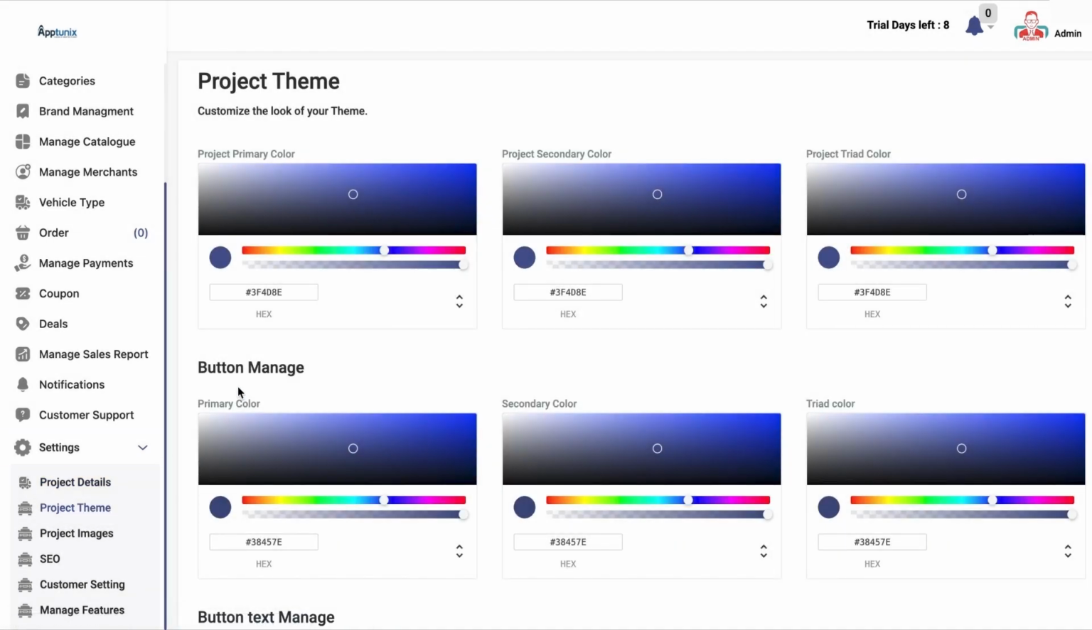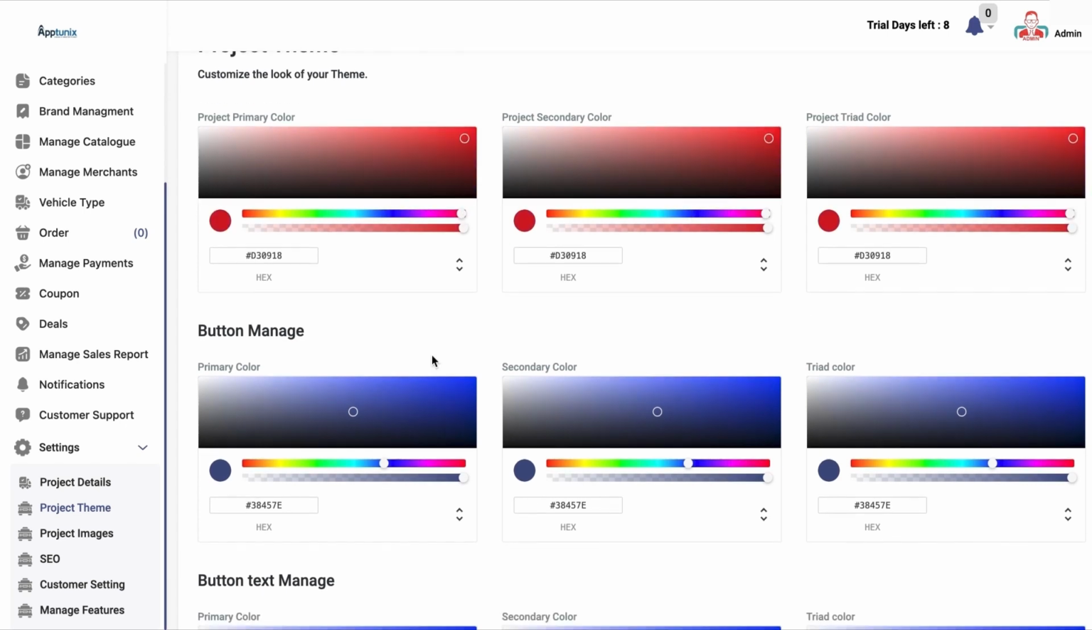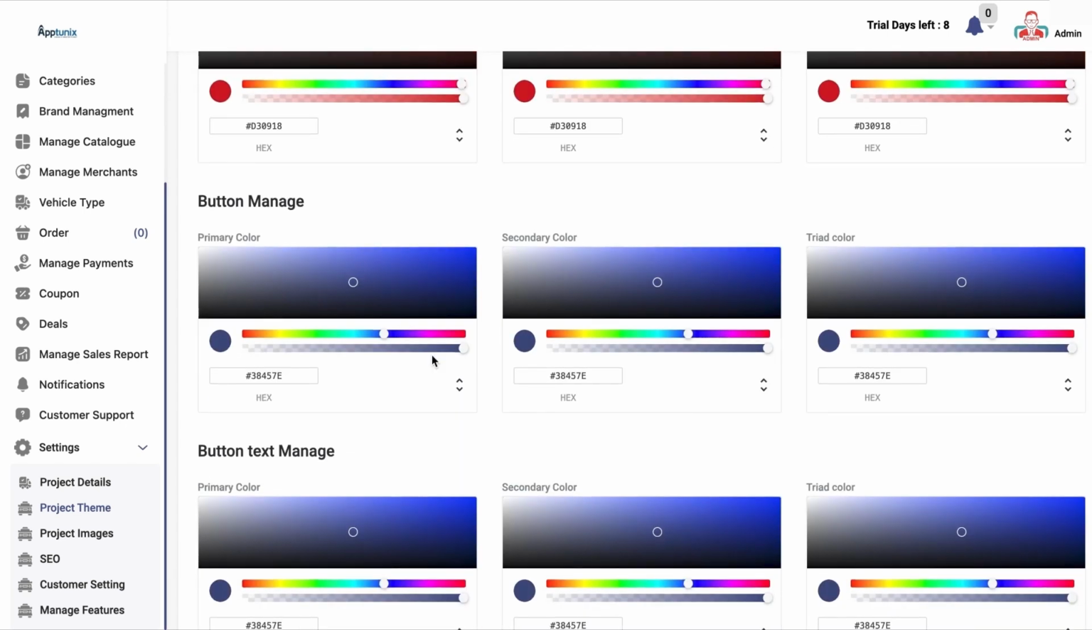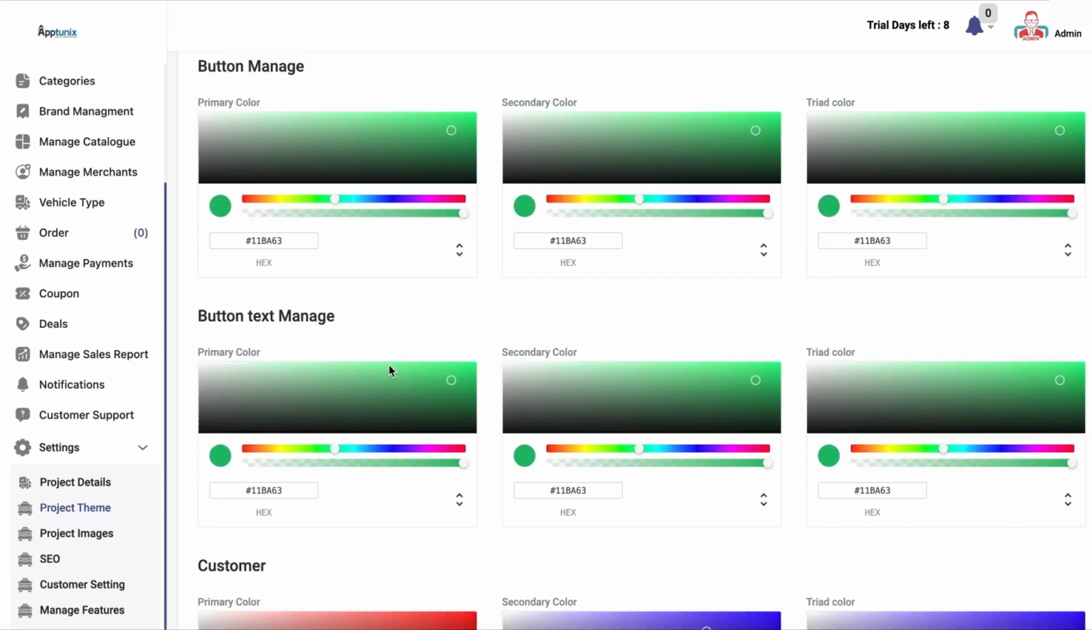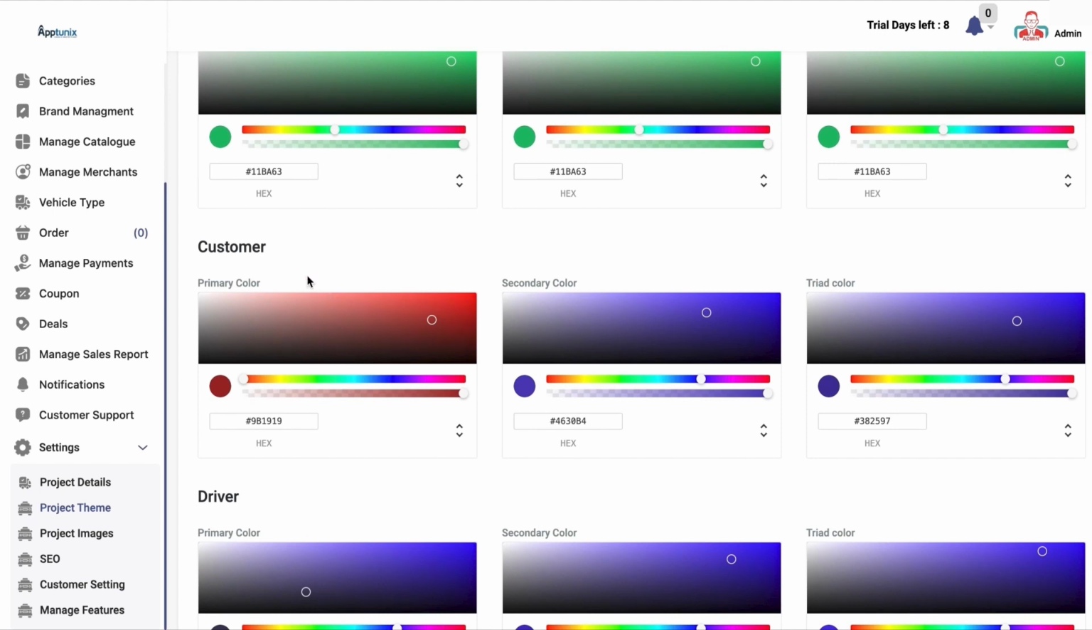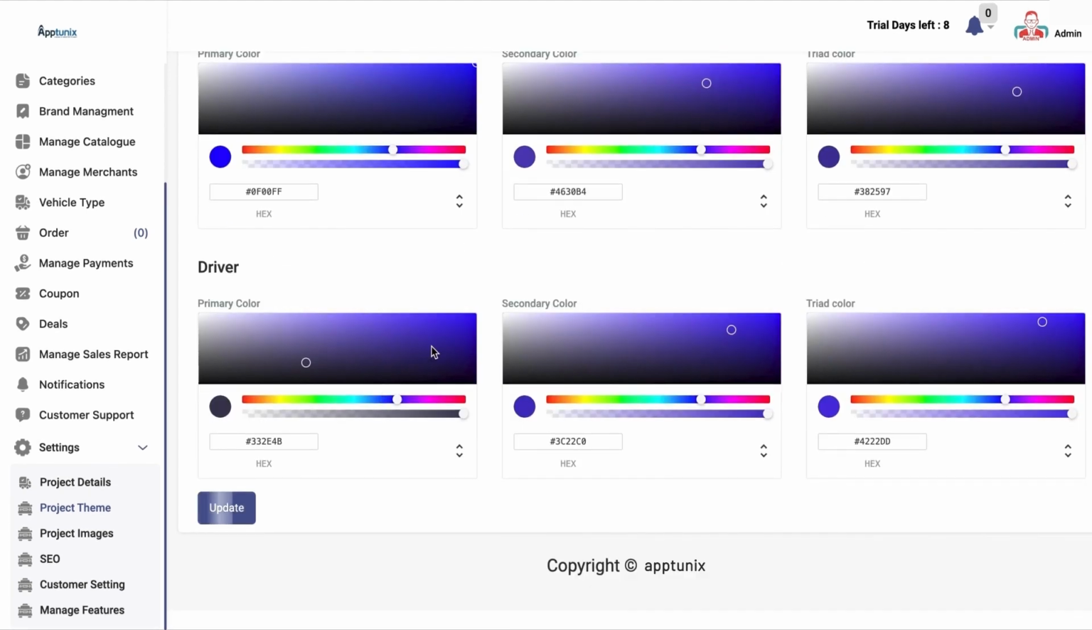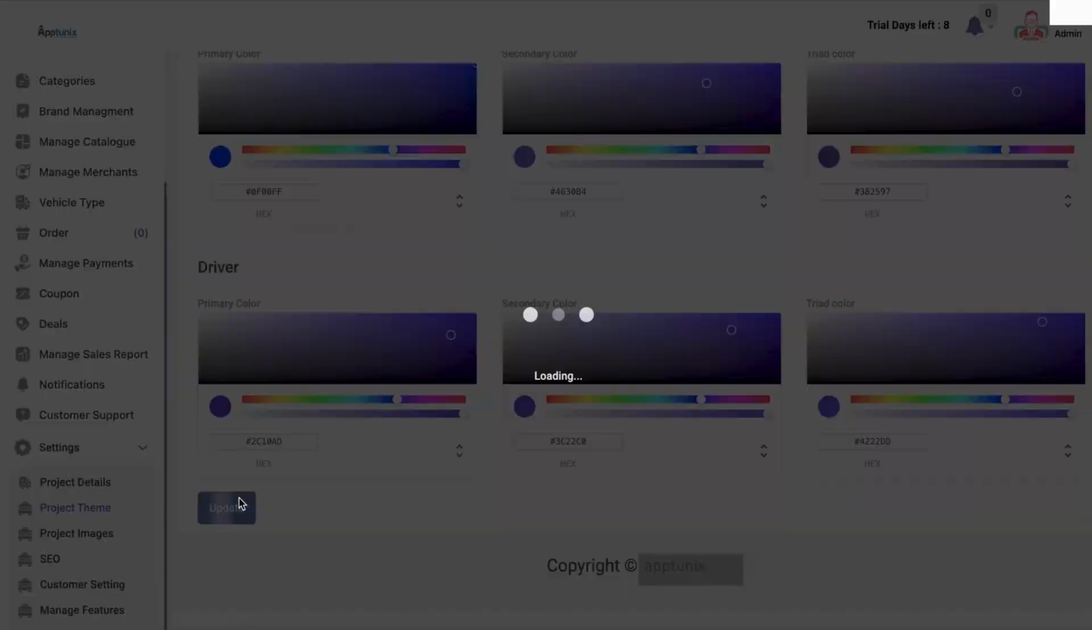Then if you want to change the look and feel of the whole platform, you can toggle here and this will change the whole look and feel. So if I want to change the colors of the button management as well, I'll do it from here. If I want to change the look and feel of the customer application, I can do it from here as well, and then the driver application as well. So if I click on update,